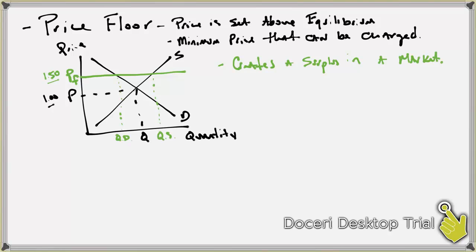So it's important for us to know that these price controls create this unintended consequence that doesn't allow the market to get to equilibrium. Okay? All right, I'm going to